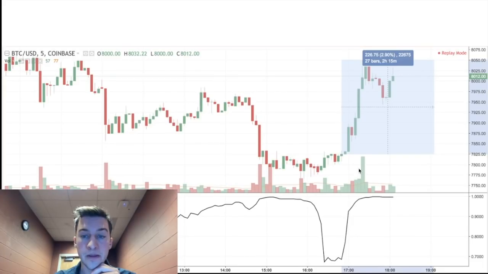If you had, you would have had about a 3% total profit. Your stop loss could have been easily 0.3, 0.4%. It would not have been hit. If you had bought here, your stop loss would be here and you'd be fine, because there'd be enough bids to keep price from going any lower. High demand.